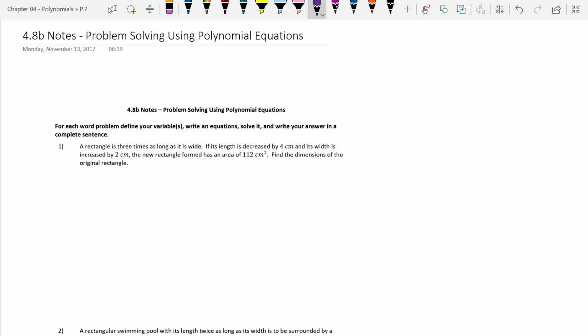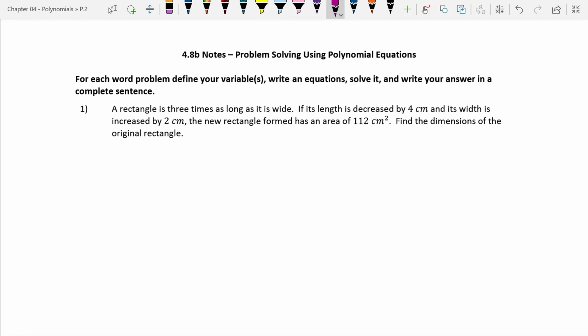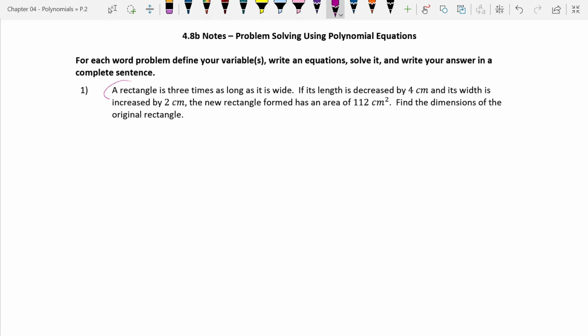Day 2 of problem solving with polynomial equations, aka word problems. And if you have any hope of doing these, and you don't want to be lost and, we'll say, hopeless, you should be kind of well versed in the homework from before. So we're just going to continue, same directions as before, starting with a rectangle, 3 times as long